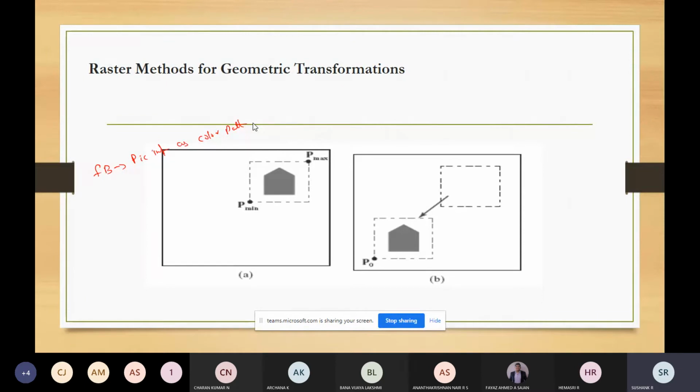So this way of pixel transformations are efficient.